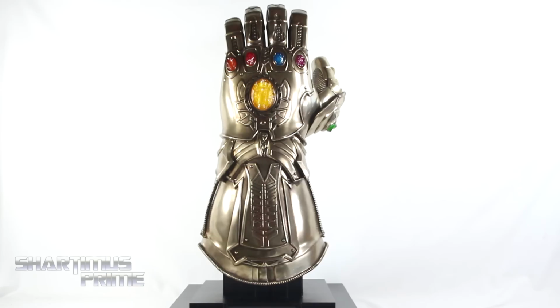Now, getting everything plugged in correctly is a little bit tricky. Having that Mind Stone get really loose on me right away, that's a little frustrating. So there's little things here and there, and functionality-wise with Hot Toys, it's always a little bit tricky in general, and I'm not surprised by that, but still a little on the disappointed side. I wish the light up feature was a little bit brighter, but man, it looks freaking amazing. It's just such an amazing piece. I think it's fair to give this a stud rating of